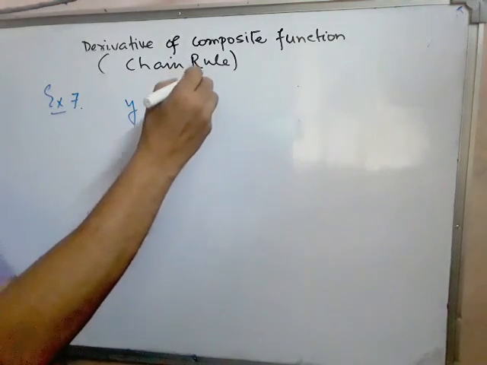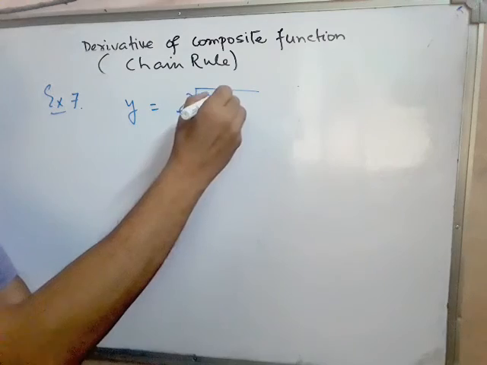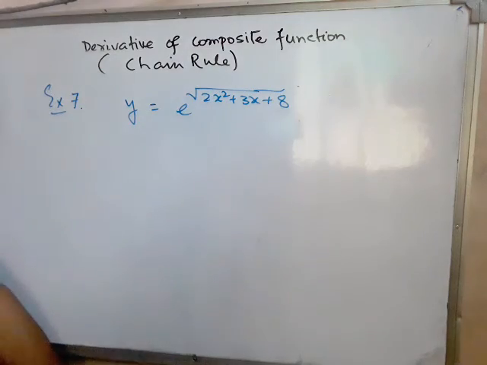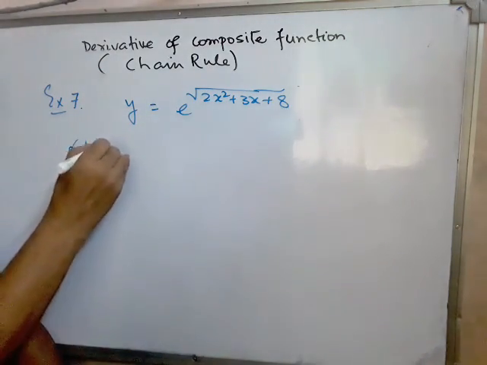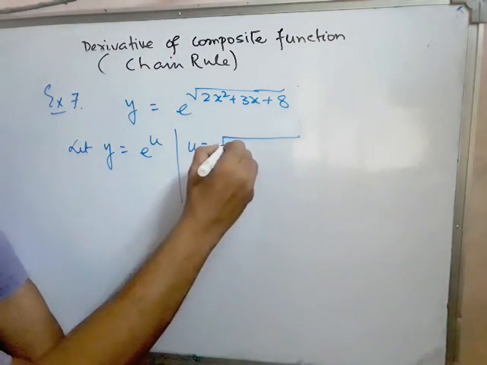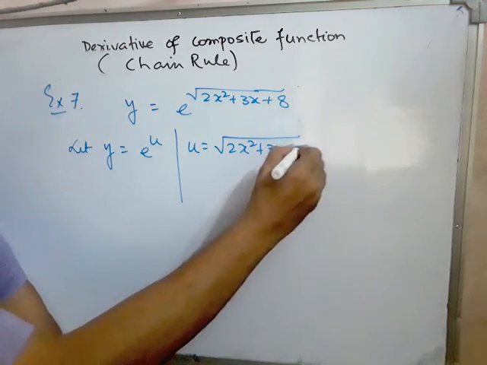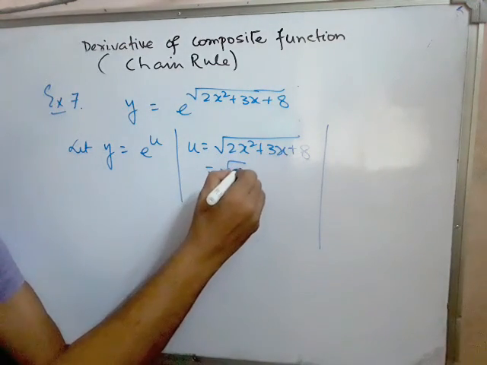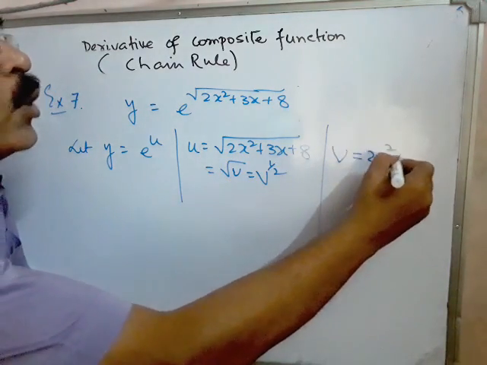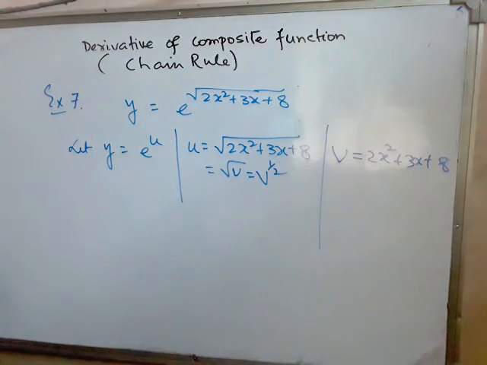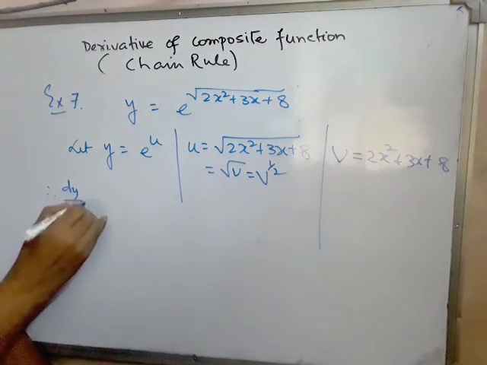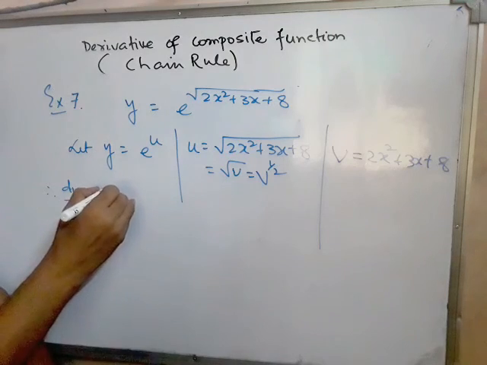y equal to e to the power root over 2x square plus 3x plus 8. So in this case, how to do? Let y equal to e to the power u, where u equal to root over 2x square plus 3x plus 8, that is root v, and v equal to 2x square plus 3x plus 8. Therefore dy by du equal to derivative of e to the power u,